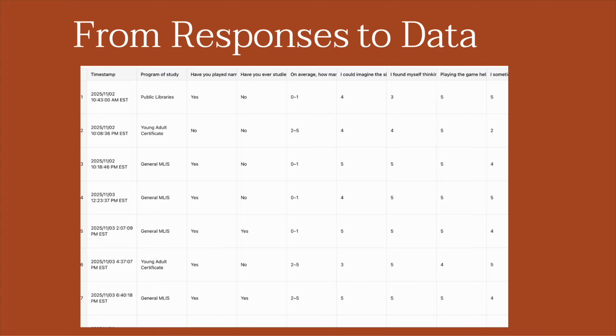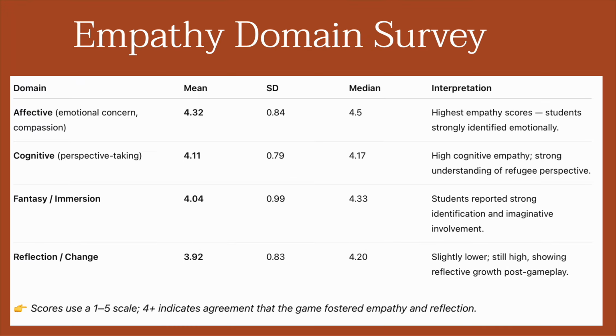And in it, I checked for missing answers, I standardized the scales, and then I calculated the averages and the means. And I used SPSS to look at the correlations between each empathy domain. This process, where you're turning responses into analyzable data, is called data processing when we're looking at research. So you collect your data, which is getting you to fill out the survey, and then we process the data, which is cleaning up the data and making it standardized so that we can actually run statistics on it. So once everything's organized, we can start asking questions like which kind of empathy was most activated by the game, and how do these forms of empathy connect to each other.